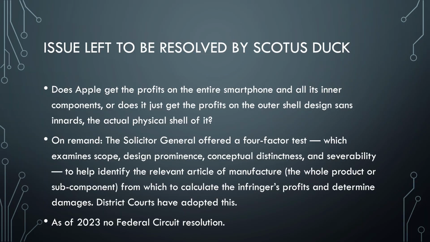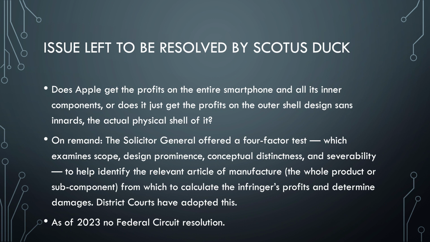And so you look at the scope, the design prominence, the conceptual distinctness, and severability of the components, so that you can really figure out what the relevant article of manufacture is. Is it the whole product, just a subcomponent, which subcomponents, so that you can then figure out the infringer's profits and figure out damages. And so that means it's elastic. Again, another reason it's powerful for plaintiffs. And so you can see what happened here on remand on our next slide with the judge in the Apple